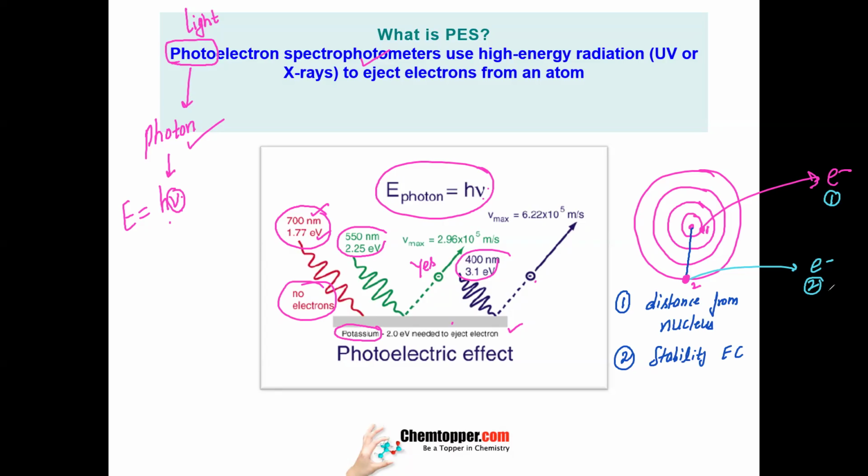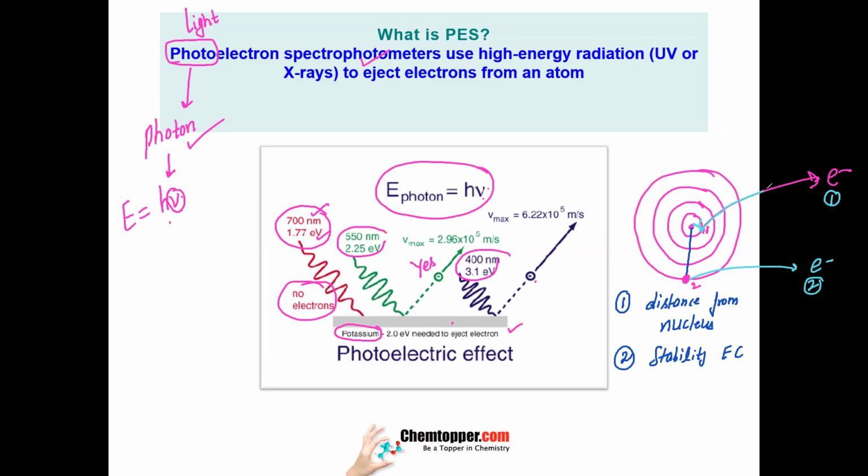In which case I need to supply more energy, for 1 or 2? Shreya is saying 1. Is she right, children? R is also saying 1. Yeah, they are right. Because this is very strongly attracted to the nucleus,